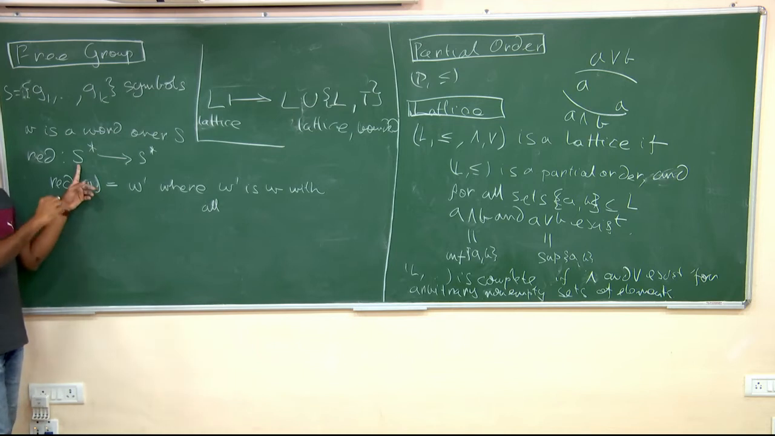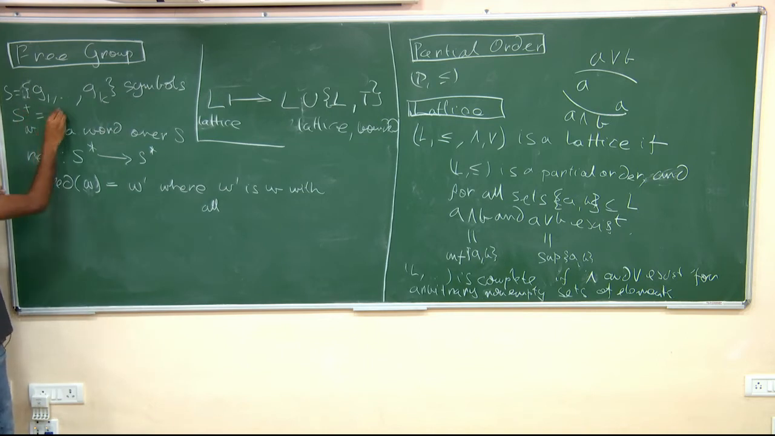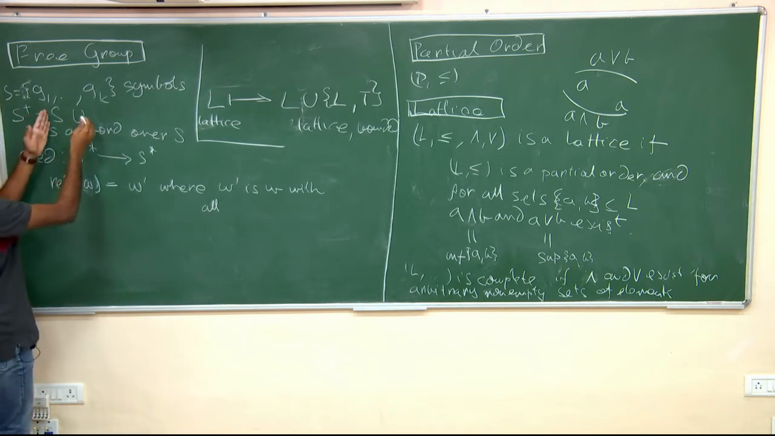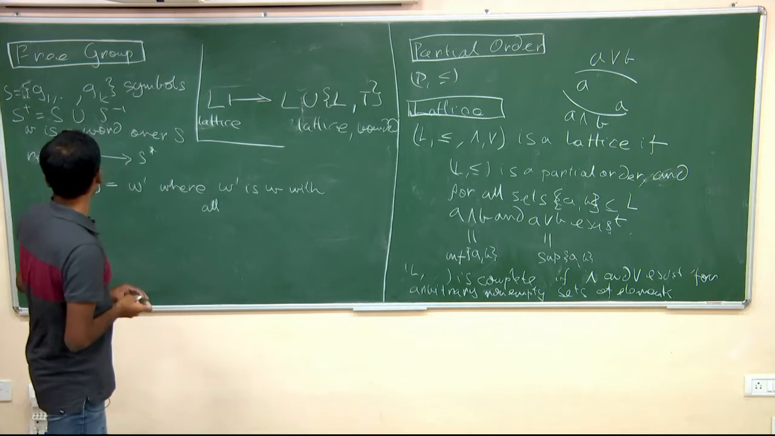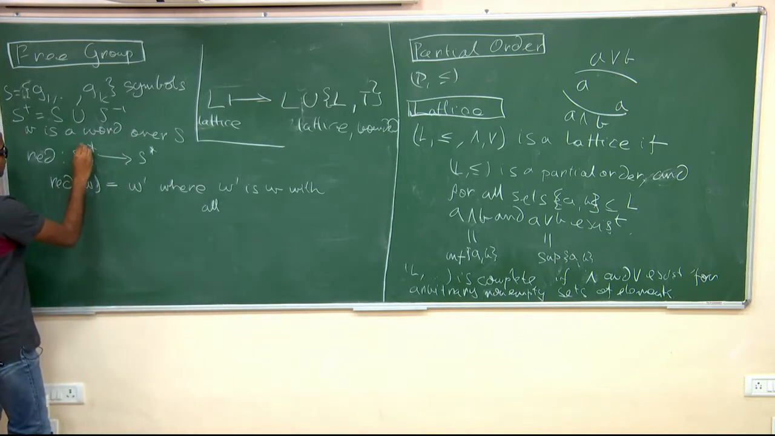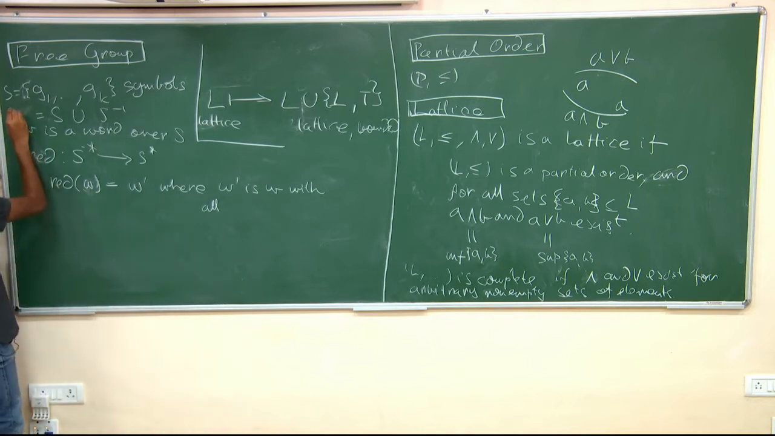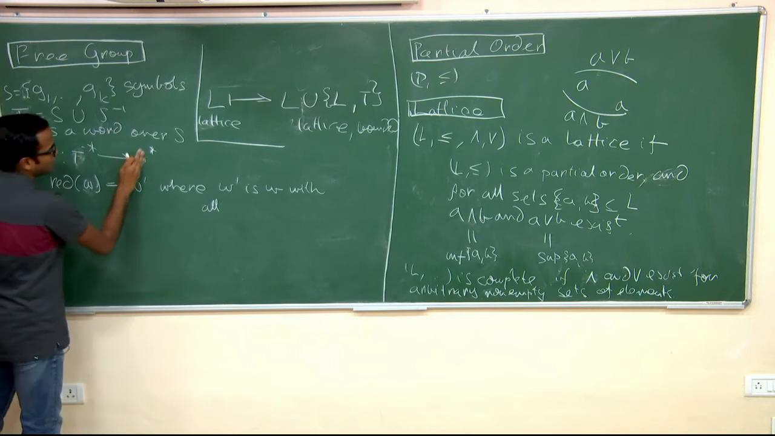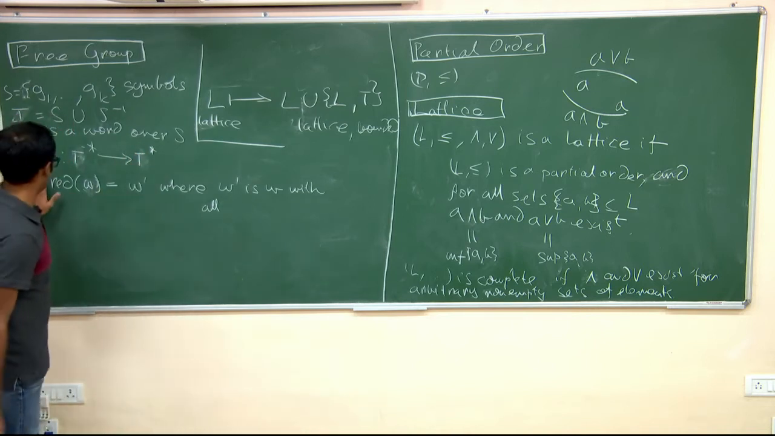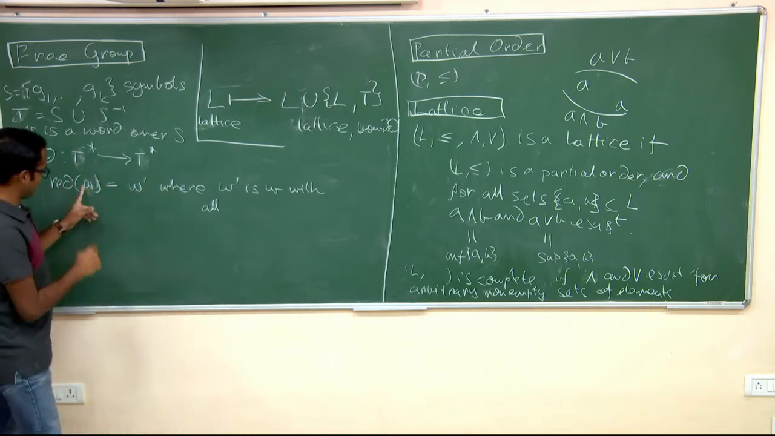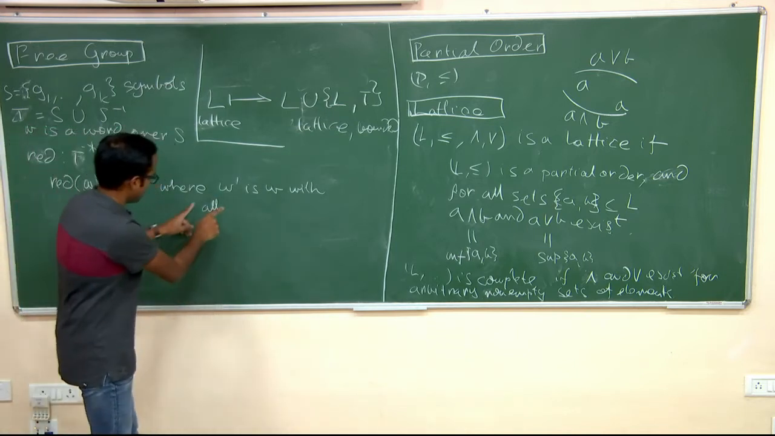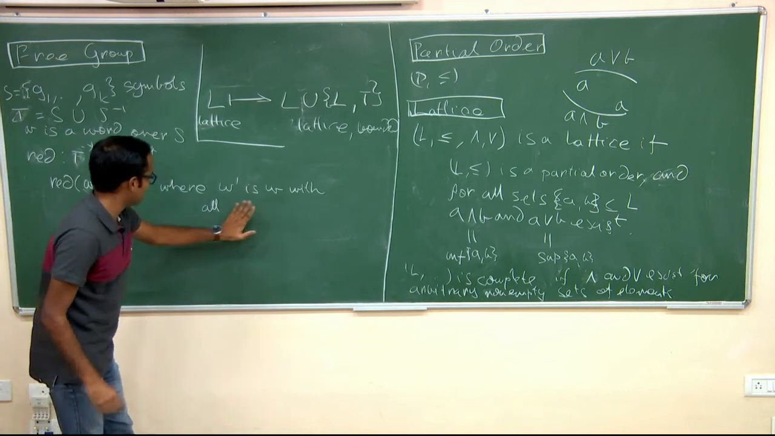Okay, there's a slight mistake here. We have this set of symbols. We define a separate set of symbols which is S plus, and that is S union S inverse. So S inverse just means G1 inverse, G2 inverse, and so on. I'm going to call it T, not S plus. So reduction is a function from T star to T star, which carries words to words, and it acts like this. So W is W with all